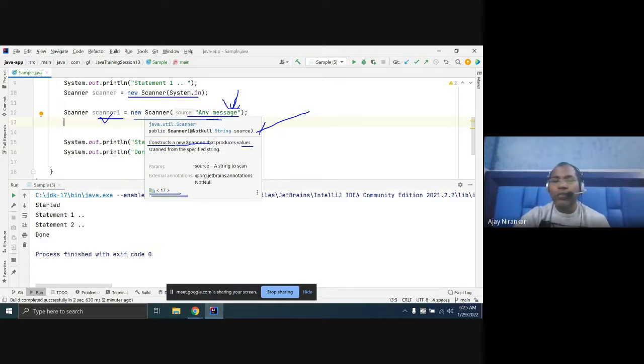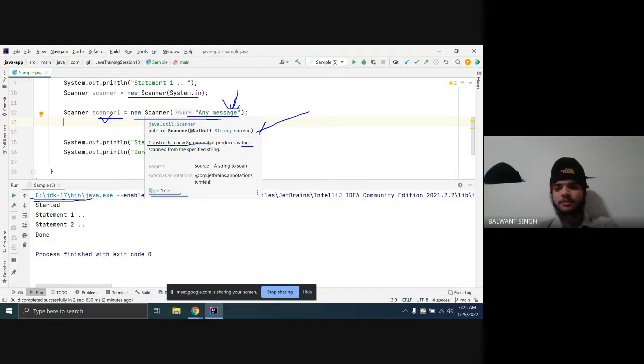Before 17, if someone tried to create a scanner object this way, it would give an error. In my system I am using Java 17, so it works. If you are using Java 11 or Java 8, you cannot get this feature. When we compile it there is no error, but when we try to run, there are runtime errors.